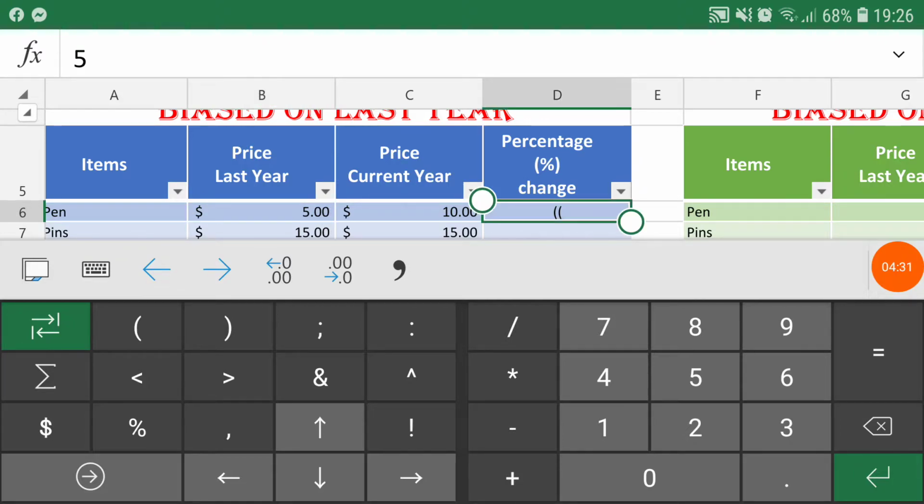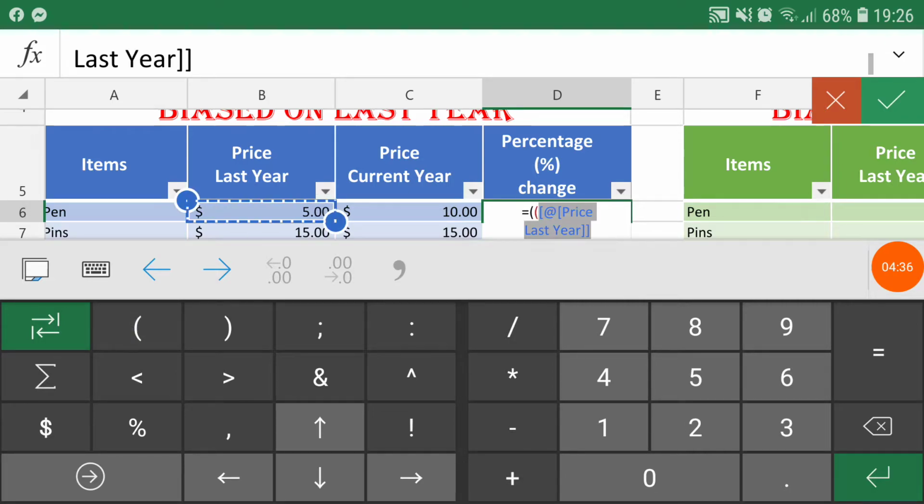The formula is double open bracket, price of last year subtracted from the price of current year, and then divide with the